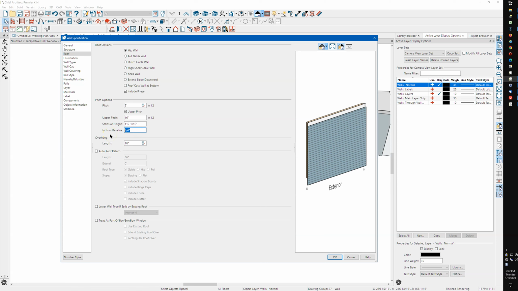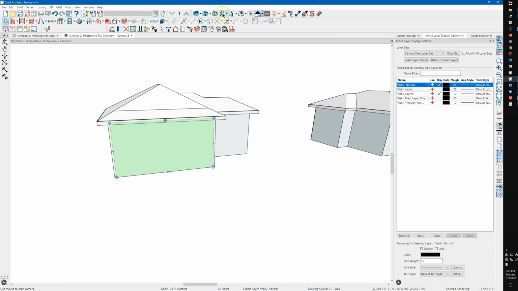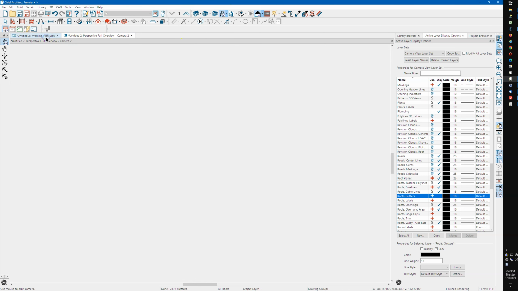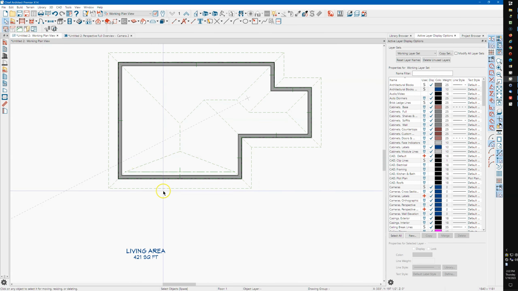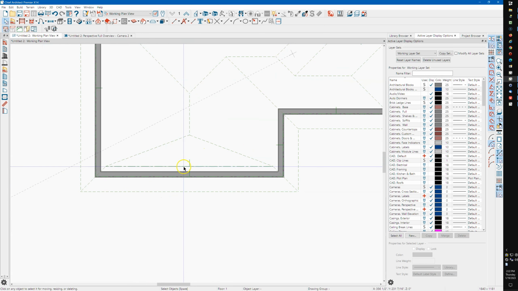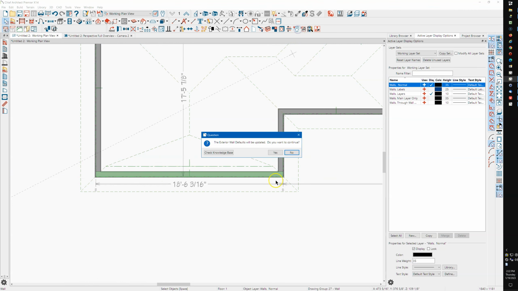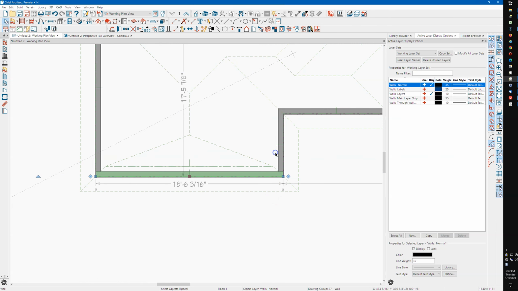so I'm going to make it 12. And you can see when I put in 12 there, the starts at height automatically changes. It automatically figures that out. When you say OK, it builds it like that. So once you've figured out what you want and how you want it to look, this wall has those settings in it. So what you can do is set your default to that wall,